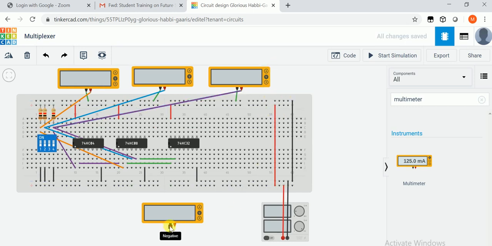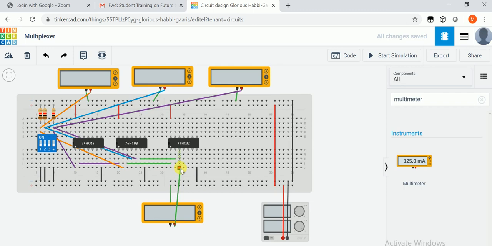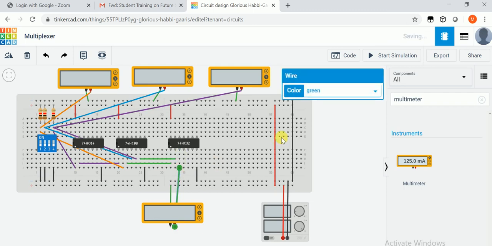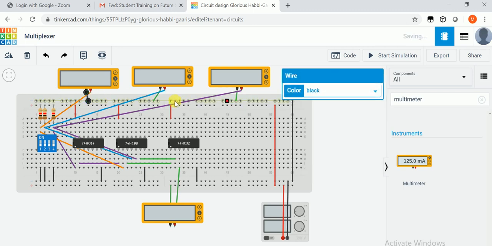Now this output pin is connected to the ground first, and this red one is to be connected to pin number 3 of the IC7432. So let's run our simulation. You can make them black, follow our standard, black for all the grounded.